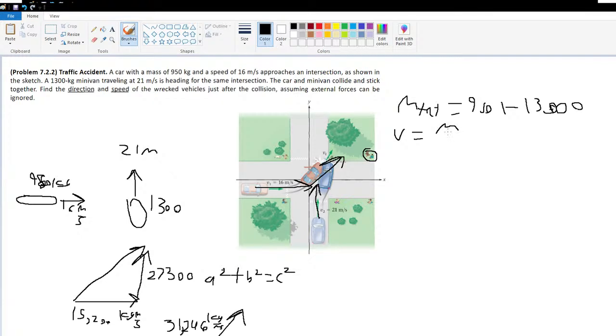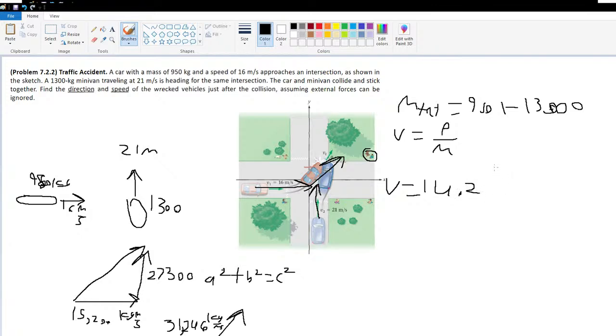Oh, sorry, momentum is p, right? And then divide that by the mass. So we know that it's that many kilogram meters per second. So that number divided by our total mass, which is 900 plus 1,300, means our resultant velocity is going to be